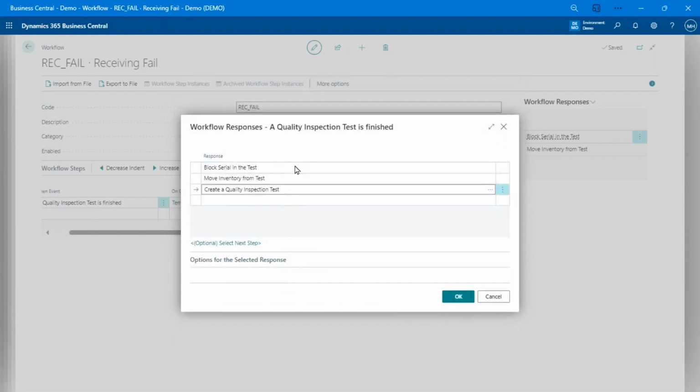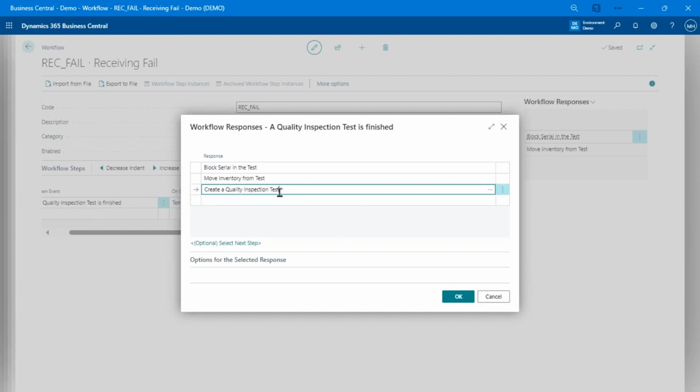Maybe I want to create a new quality inspection test. You'll notice there's no options to set for that because it uses the test generation rules to create a new quality inspection test. So what that will do is say, your bicycle checklist failed. Well, if that fails, then I want to do an NCR inspection, so I can do an NCR report based on the failure of my bicycle checklist.